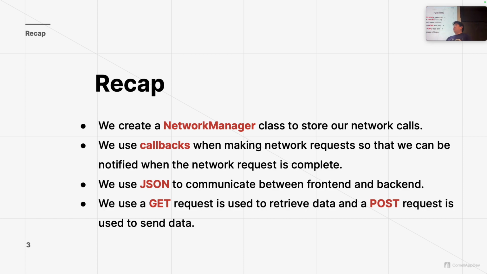You remember from last lecture, if we don't use a callback for our network requests, we won't be able to actually receive some of the data because our UI updates are sometimes quicker than our network manager calls. That's why using callbacks is important, because network manager calls are asynchronous. And in terms of communication with the backend, we use a shared, language-independent language called JSON to communicate between frontend and backend. And as you have probably seen from A3, we use GET requests and POST requests, to get data and post data.